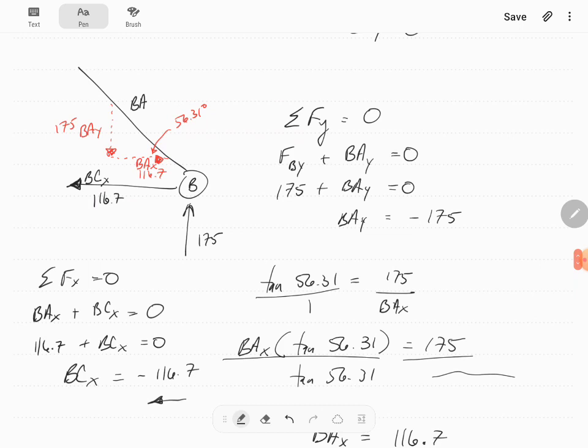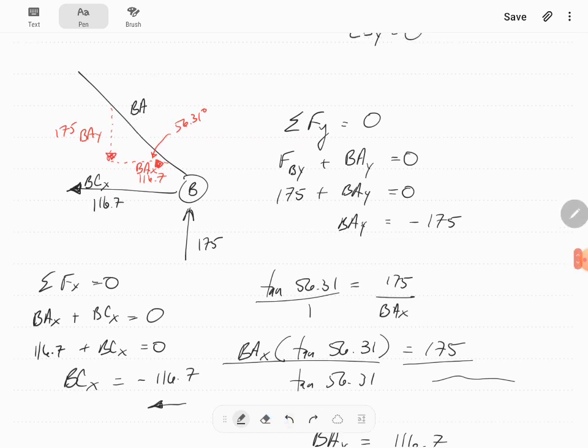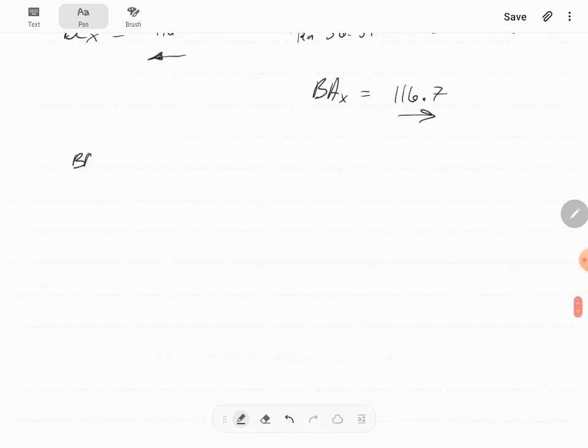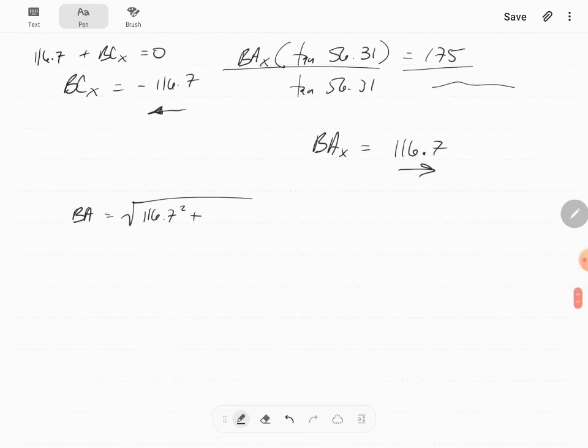116.7. There's only one little piece to this puzzle that we have left, which is to find out what is that last force on BA. That's a member. I'm supposed to be finding out what are the forces of all the members. We have this part and that part of a right triangle. And if I have those two parts, all I need to use is Pythagorean's theorem. So, final step on this free body diagram, BA is equal to the square root of 116.7 squared plus my 175